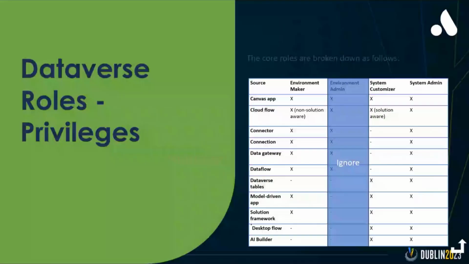Okay. So, a couple of other things that came up. There are 3 core roles in Dataverse that you need to care about. There are only 3. The rest of it kind of just bolts onto the side. And the 3 roles are your environment maker role, your system customizer role, and your system admin role. And the whole idea is that environment maker is supposed to give makers the ability to make applications, but not straddle the database. Whereas the customizer role bolts onto the bottom of the maker role to give you Dataverse access. And then you have the system admin, which is kind of most people in the room, would be my guess.